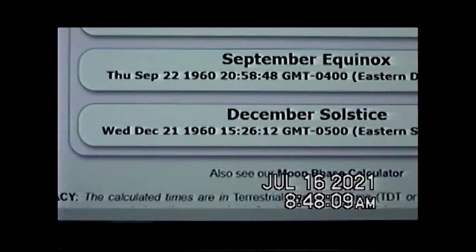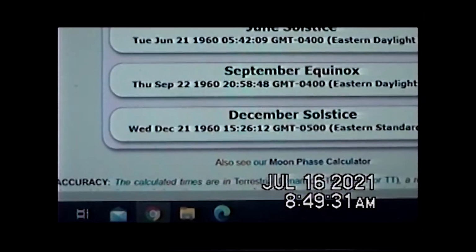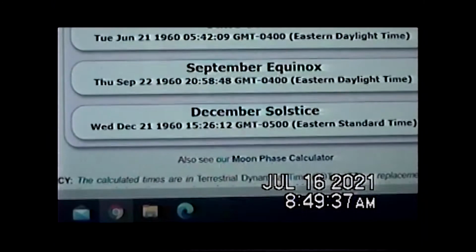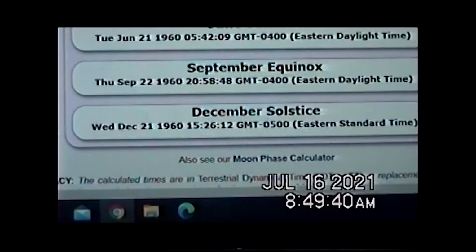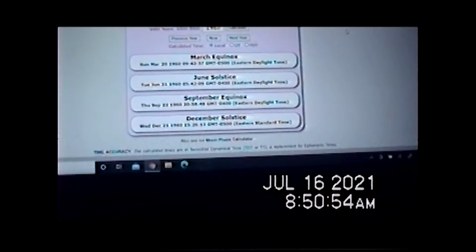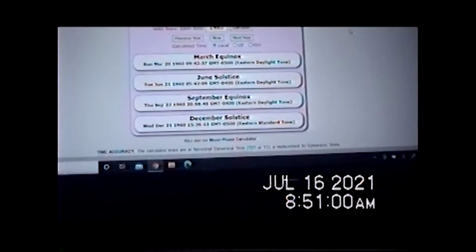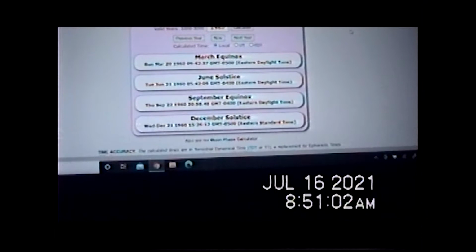Let's write that down. Okay, on December the 21st, 1960 at 3:26 in the afternoon was the apex of the winter solstice. Let's count the days. So we're starting at 3:30 p.m. on the 21st. So the 21st to the 22nd is one day, and then count the rest of the days to January the 20th. You will get exactly 30 days. 30 days. At 3:26 p.m., exactly 30 days, it was January the 20th, and John Fitzgerald Kennedy had taken his oath of office,